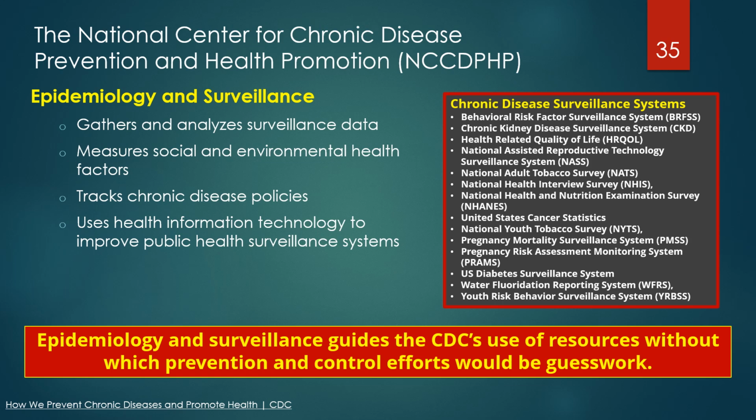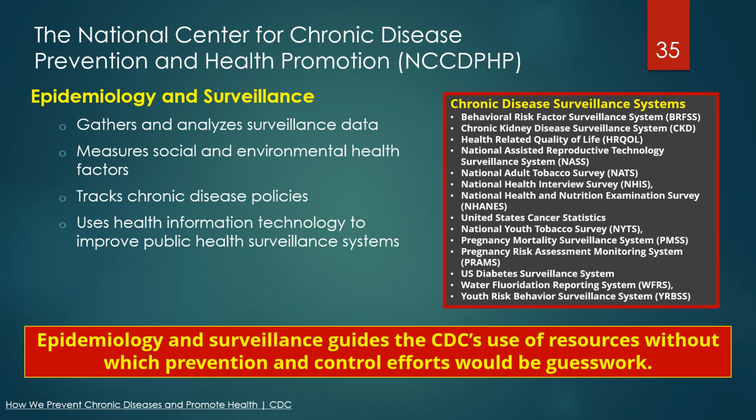Examples of CDC's epidemiology and surveillance work include gathering and analysis of information from the multiple surveillance sources listed on this slide, measuring social and environmental factors that influence health, such as the number of fast food restaurants in low-income neighborhoods, tracking policies that affect chronic diseases, such as those related to smoke-free air, access to healthy foods, and community water fluoridation,